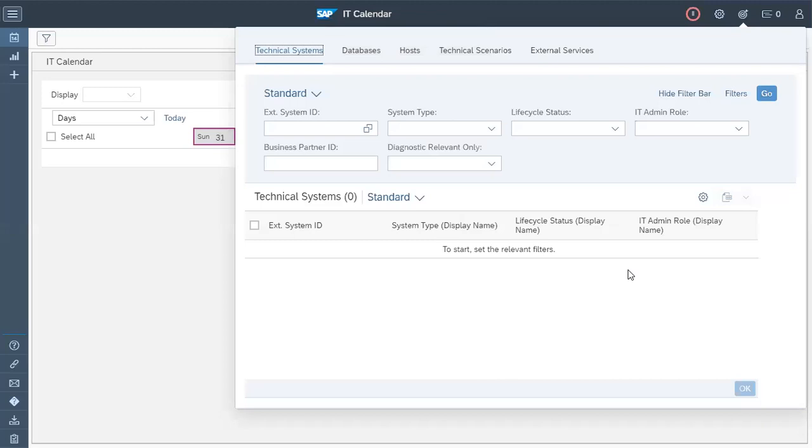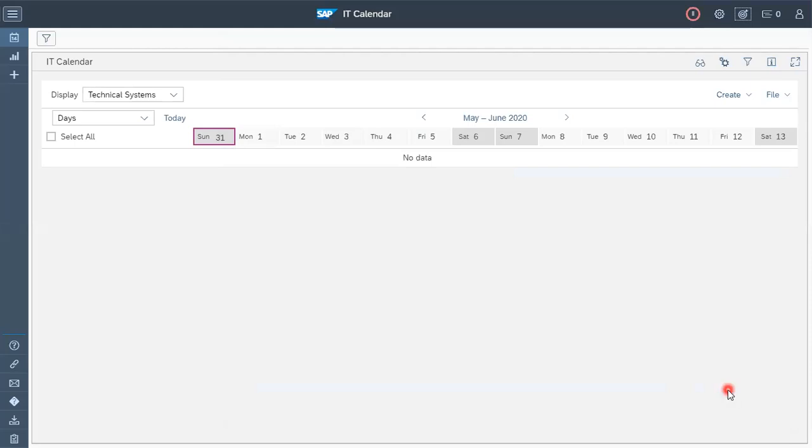It is showing options similar to the first page, which is the scope selection: which systems and which things should be part of our work mode. Then I'll filter for the system for which I want to create a work mode, as an example F4H. I click on this and press OK.